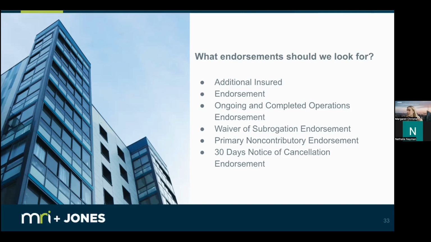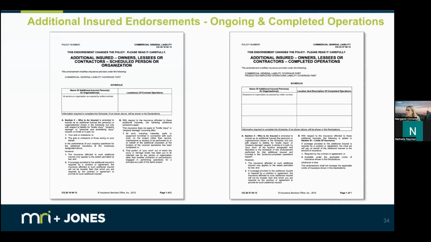So these are the endorsements we're going to be talking about today: additional insured, ongoing completed operations, waiver of subrogation, primary non-contributory, 30-day notice of cancellation. There are only 2 of those on there that we haven't talked about yet: the ongoing completed operations and the primary non-contributory. We are going to talk about them, but the rest we've already seen before, and we're just going to be seeing what they might look like in a separate endorsement as opposed to evidence on the COI itself. So here,